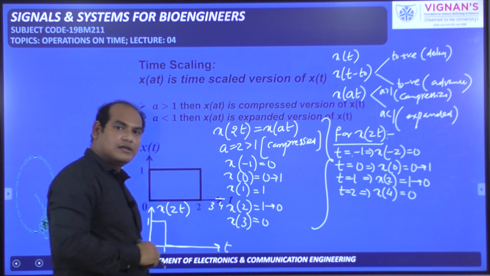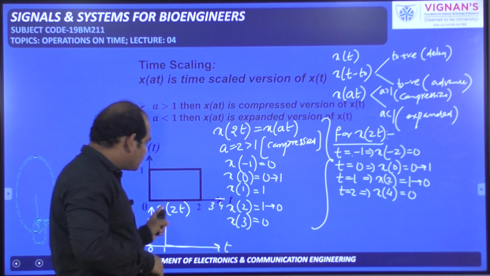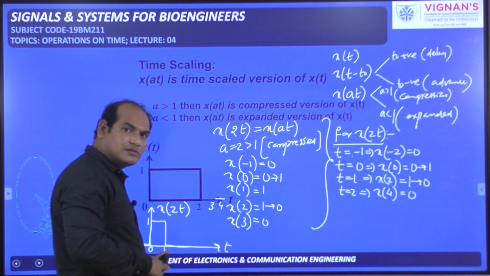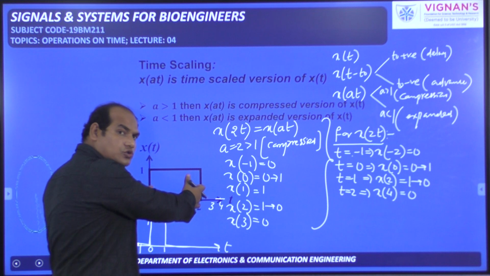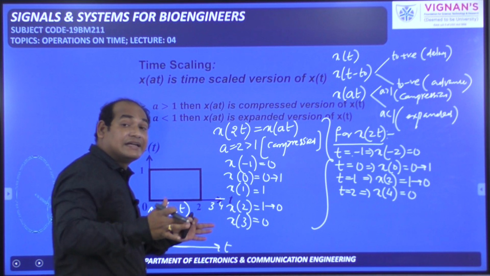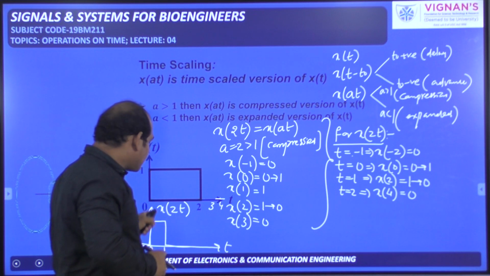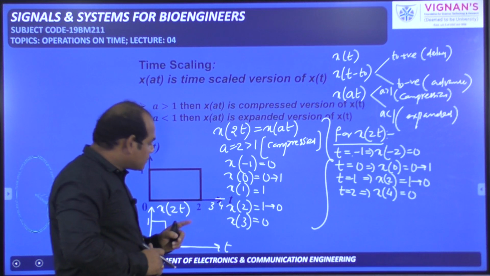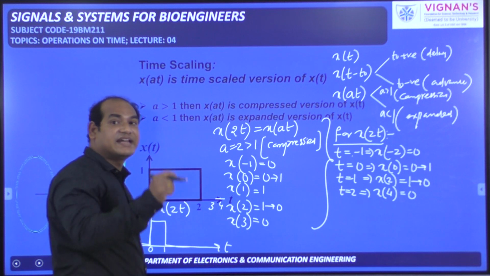Now this is a signal. You observe here very carefully. X of t is available from t is equal to 0 to 2. But x of 2t is available from 0 to 1 only. It has been compressed. The original signal is from 0 to 2, but the compressed version is available from 0 to 1. So signal has been time compressed. But amplitude is, here it is 1, here also it is 1. Why do we get here compressed version? Because here the scaling factor a is equal to 2, that is greater than 1.